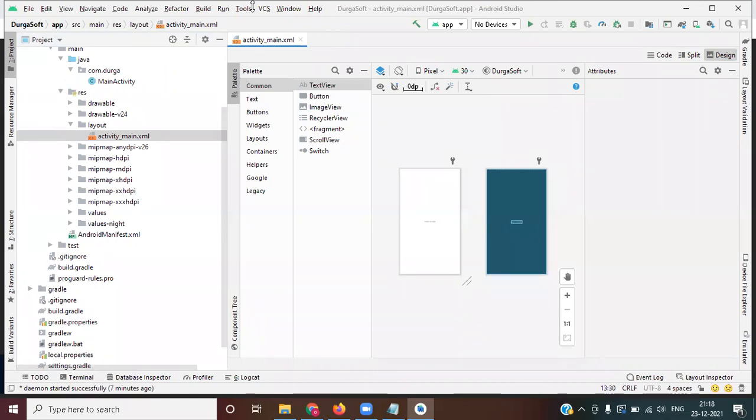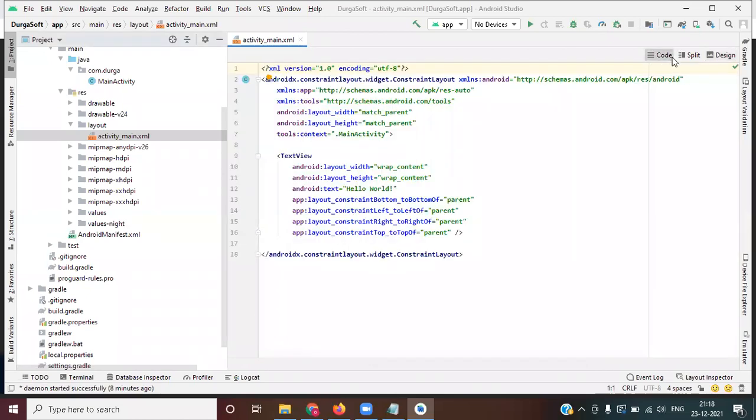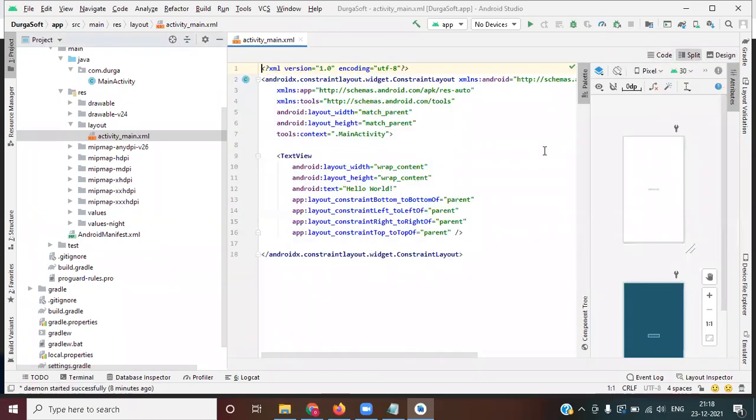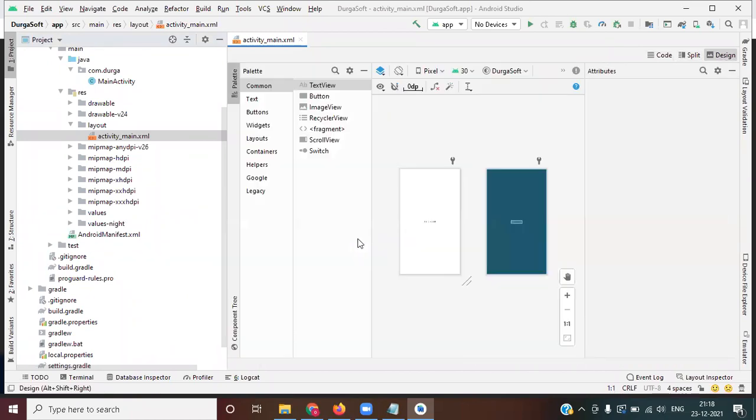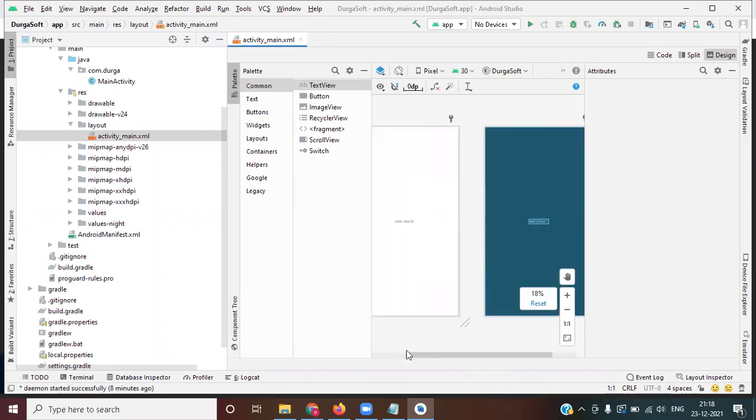So for those, you need to create a .xml file. Whenever you create a .xml file, it will contain 3 windows: Code, Split, that means code plus design view, and only the Design window, so only the screen will be displayed.